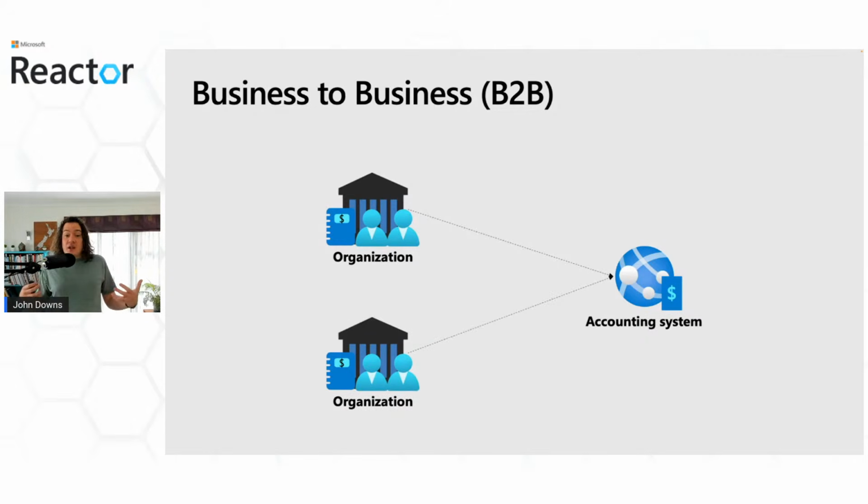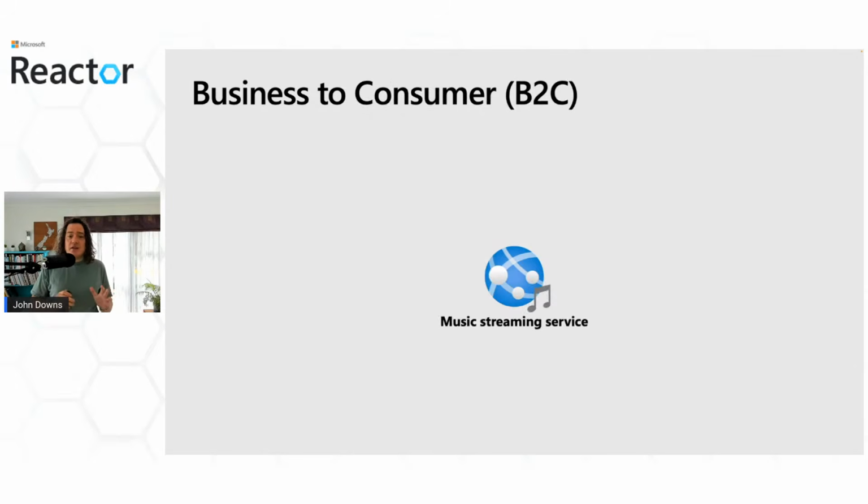Now, multiple organizations can each use the accounting system independently. They all have their own financial records and they all only see their own data. And they also have their own sets of users. Each one will have a commercial relationship with you as the vendor of the accounting system. So we call this a business-to-business or a B2B system. Now, typically in a B2B system, tenants are the organizations who use your system.